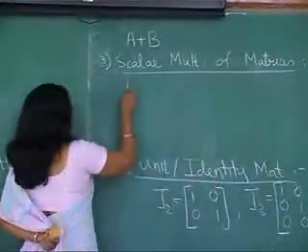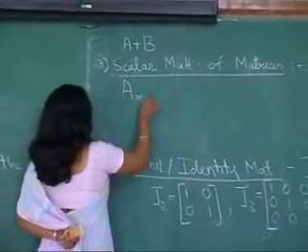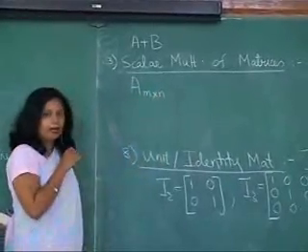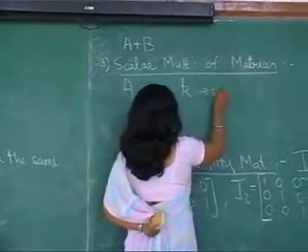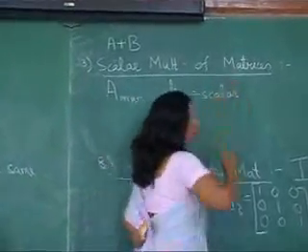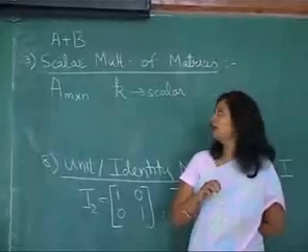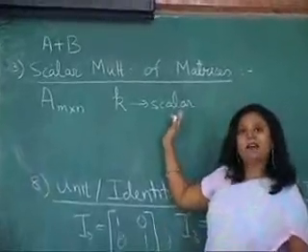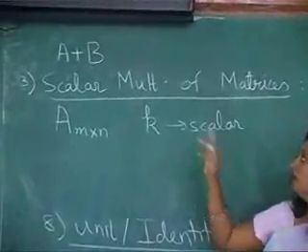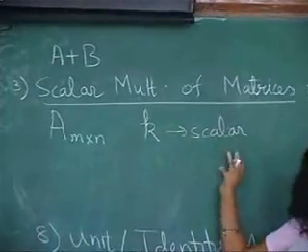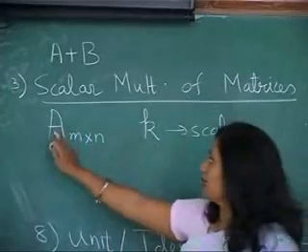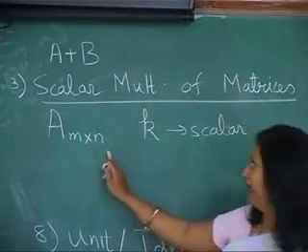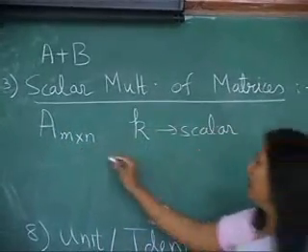Suppose I start with the matrix capital A of order m by n, and K is any scalar. Now for our purpose, a scalar will be a real number. So when I say K is a scalar, I mean K is a real number. So suppose A is a matrix of order m by n, K is a scalar, then